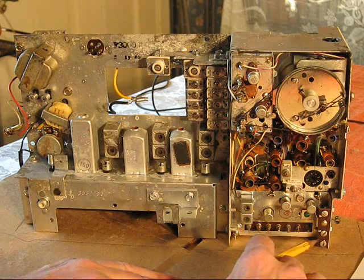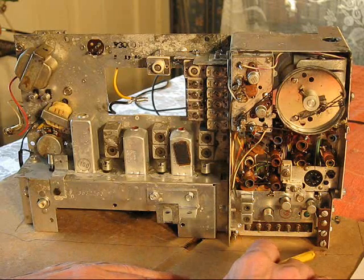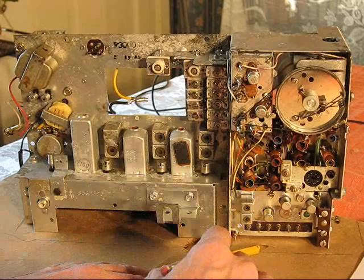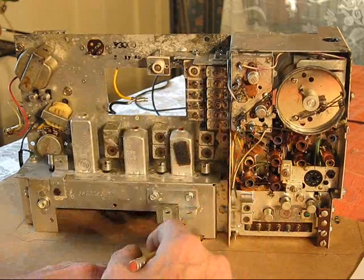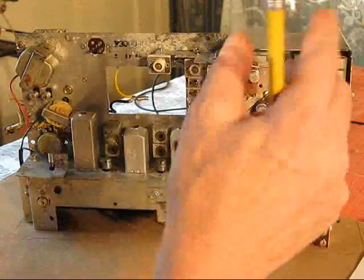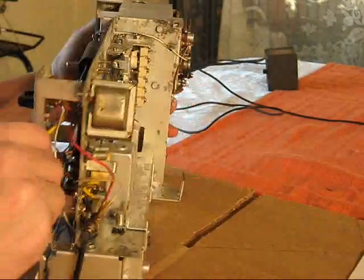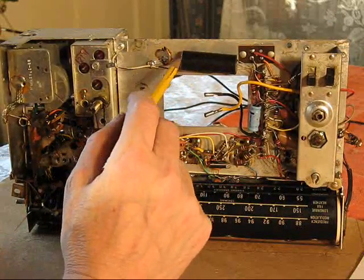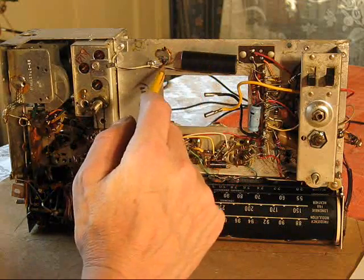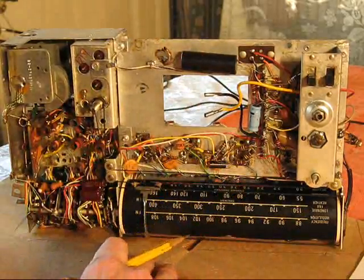I'm not going to film me replacing capacitors. It doesn't seem to make a whole lot of sense, although it depends. I may show how it is I do it, depending on how things go with down here in the catacombs. For example, I'm going to replace this guy, and it's a much easier way, because it's so big and they're so long leads, much easier way to show how it is I do it for a repair,